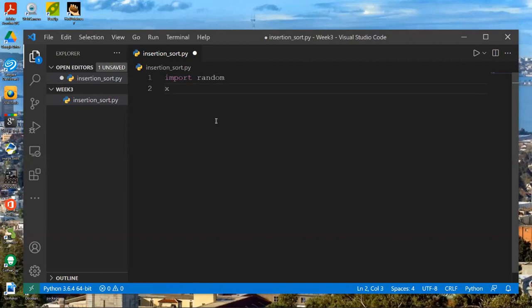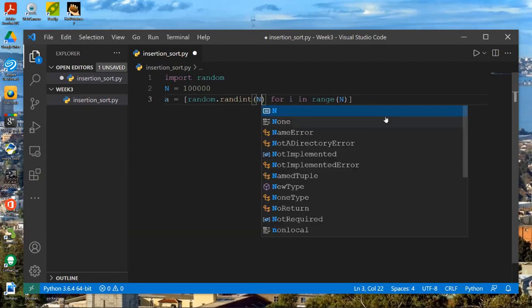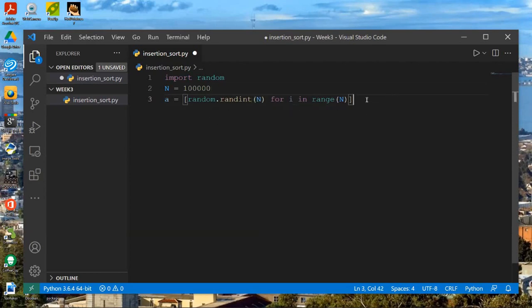So let's do an array. The array will be running random.randint, for i in range. Let's assume that here we want to run 10,000, 100,000. This is the 100,000, and we want to use a 1,000, but repeat is okay, right? So we put the n over here, so this one will give us the samples.